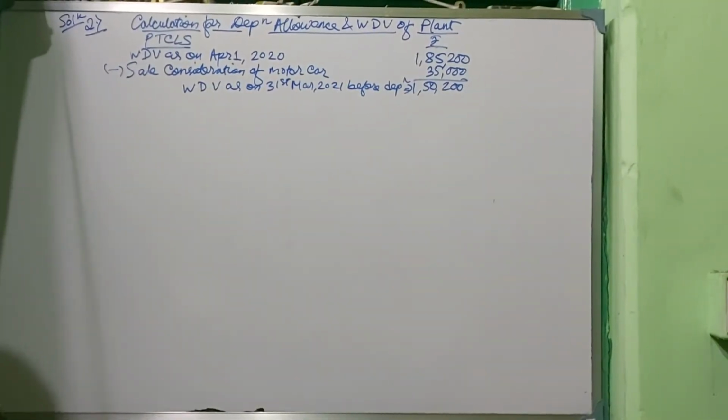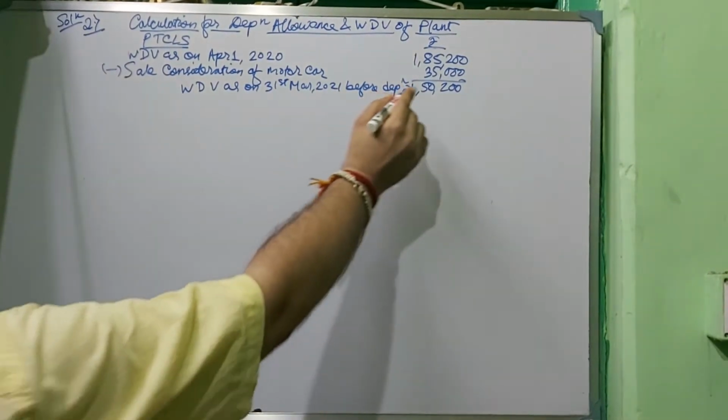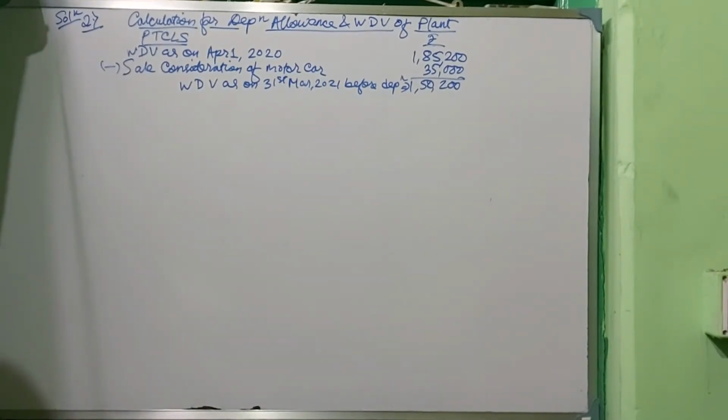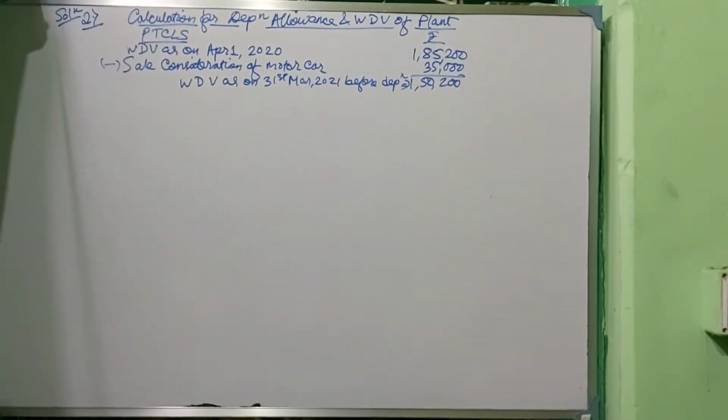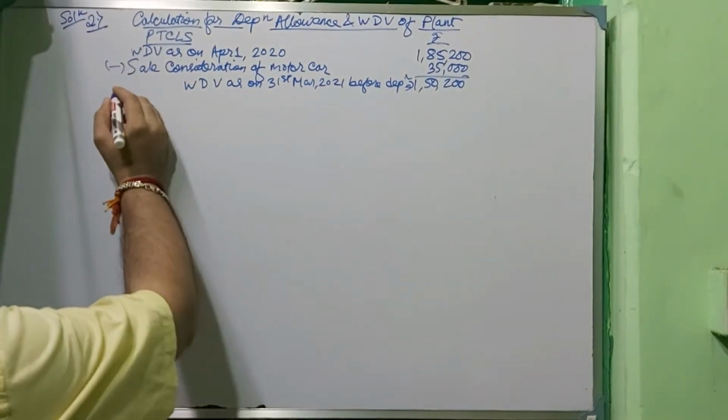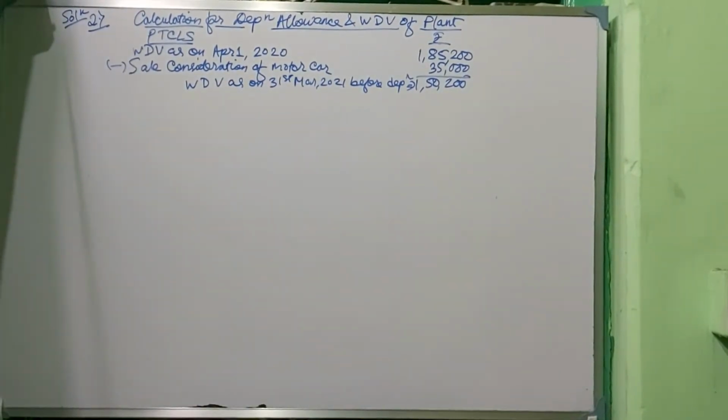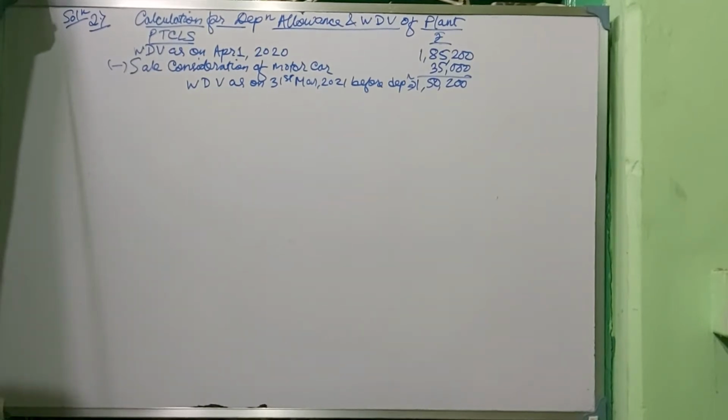Now you know the depreciation rate is 15%, and you have to charge depreciation on rupees 1,50,200 for the full year, because it has not been seen that the machinery has been put to use for less than 180 days. If it is less than 180 days, then only the rate will be half of the original rate given in the sum. Half of 15% is 7.5% if it has been put to use for less than 180 days. But as it has been put to use for more than 180 days,